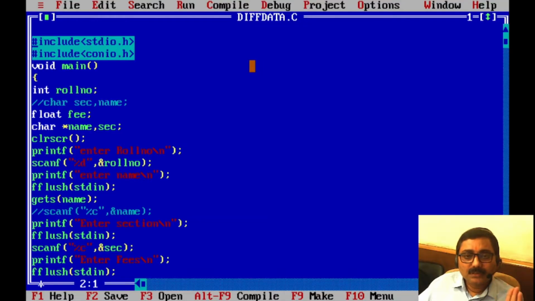Now we are at the Turbo C platform, and we'll see how different data types can be entered in a C program.